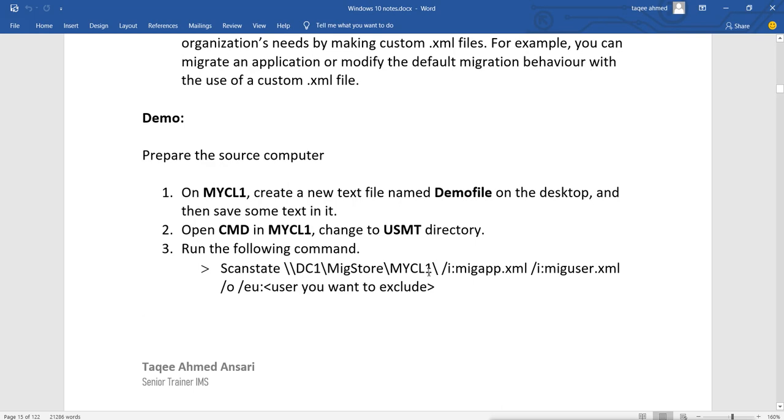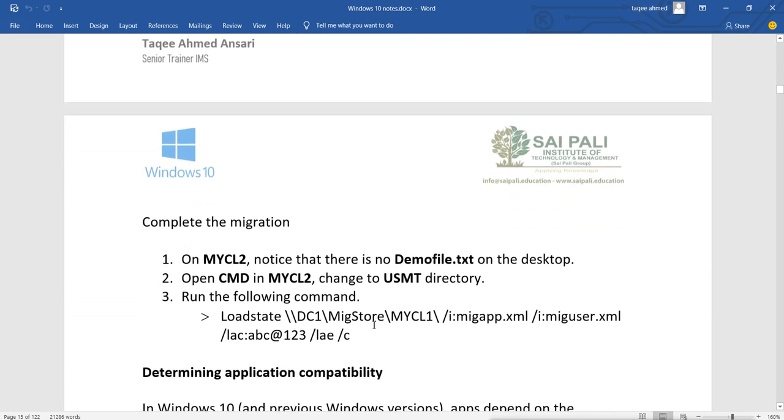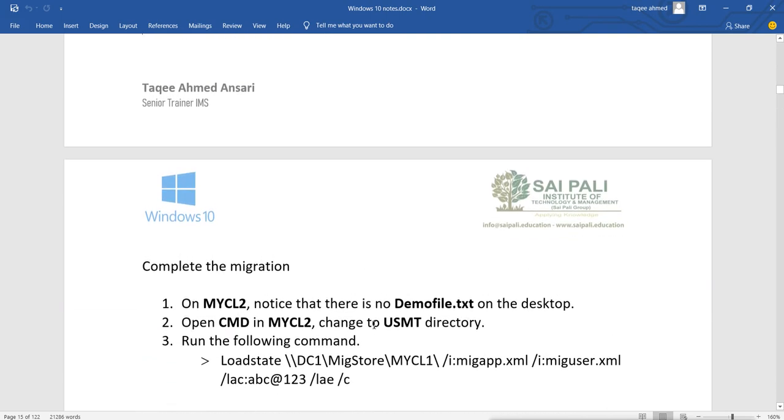Completing the migration, that means we have taken the backup. Now what? We have to do the reinstallation of our operating system, a fresh installation, then we install the applications which were there, then we update the system, then everything. After doing everything,